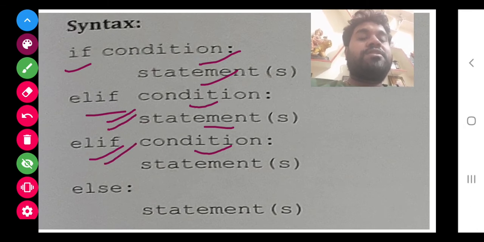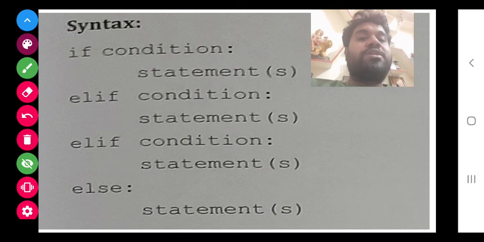false, then the third condition. The next topic that we are going to study is nested if, where if the first condition is true, then it should check the second condition. So we will move to that topic later. So you view this and make a proper note of it.